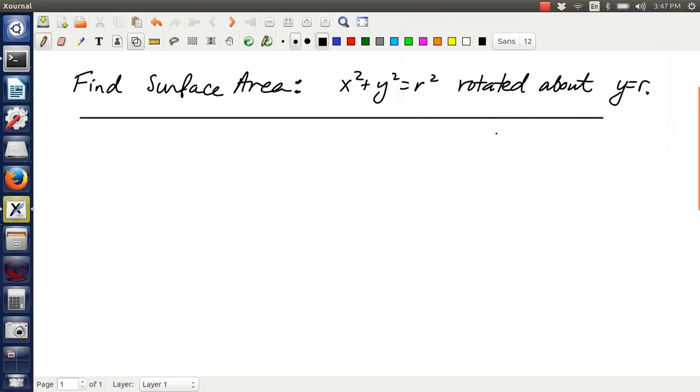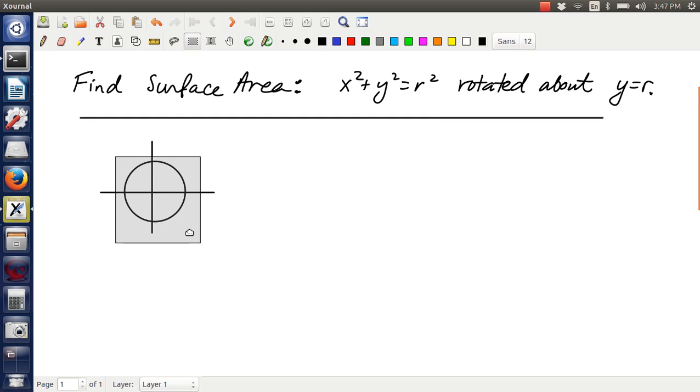Okay, so this was a homework question, and somebody asked for some explanation. So this is: find the surface area of a circle rotated about a line that is touching the circle. And so let's draw ourselves a little sketch like that. Something like that. Okay. So we have x squared plus y squared equals r squared, or y is r squared